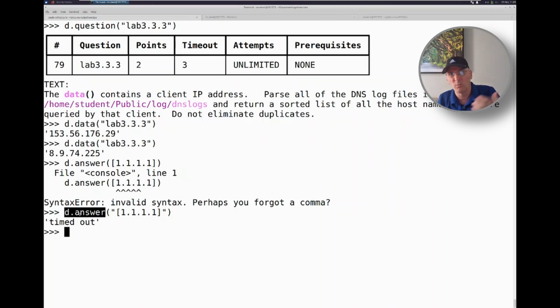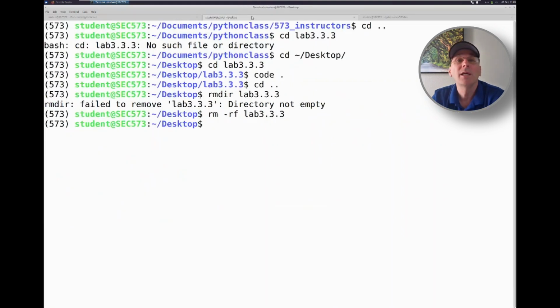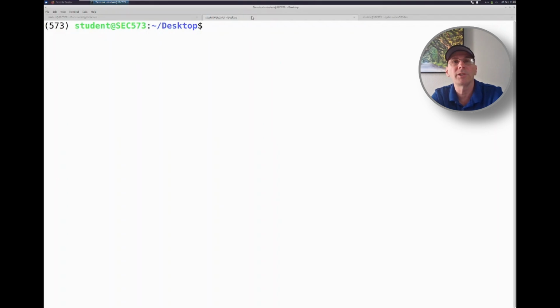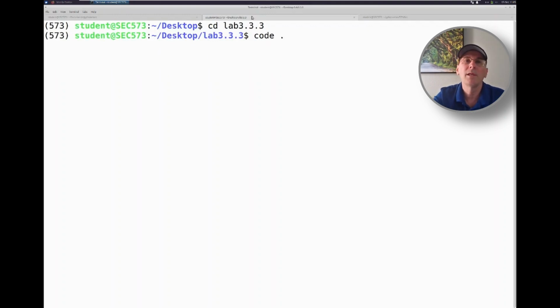So we work our way up to this, but you're being forced to programmatically answer this question. Now, in order to help you along those lines, it drops a folder on your desktop. So if I cd into lab 3.3.3, I'll see that it's started for me a partially written program that will